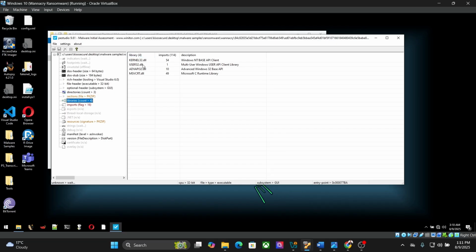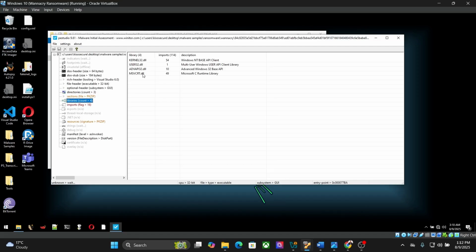So we can see kernel32, user32, advapi32, msvcrt. So kernel32 basically provides core functionality like memory management, creation of processes, and also system file operations. So if we see this inclusion, it might suggest that the malware is trying to engage in low-level system